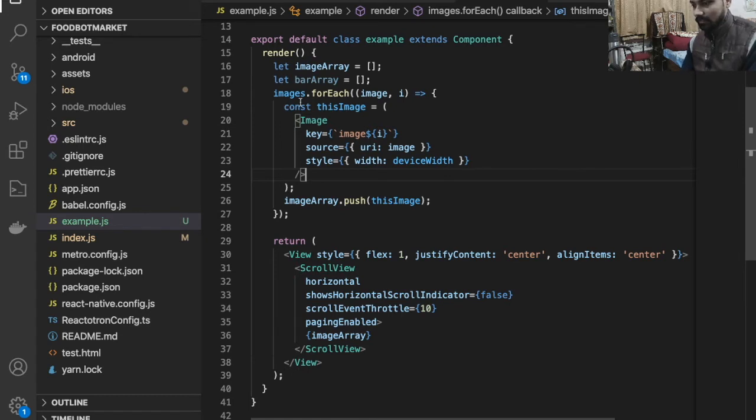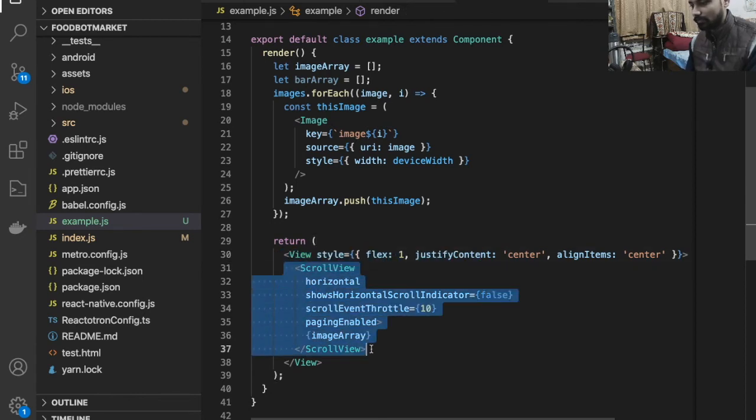So till now what we have done: we made this view, we made this scroll view. Under this scroll view we have just passed this horizontal prop and some other props, and these are very simple props. You can take a screenshot of this screen and use it in the future when you create your custom scroll view.